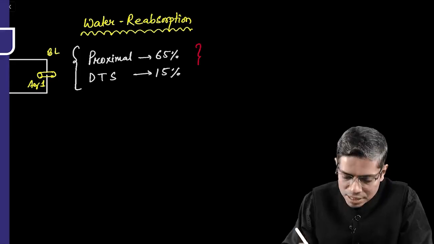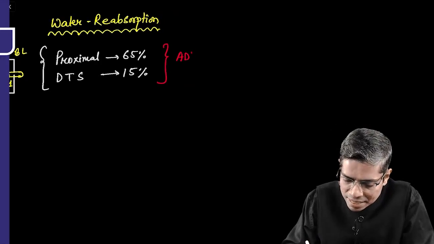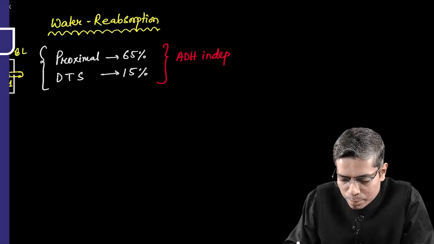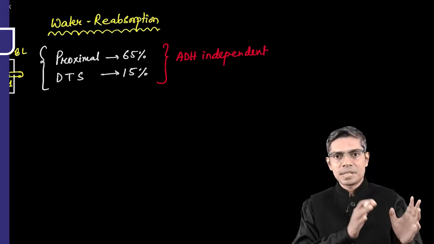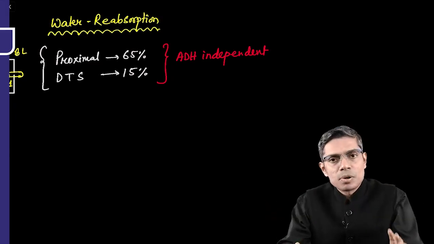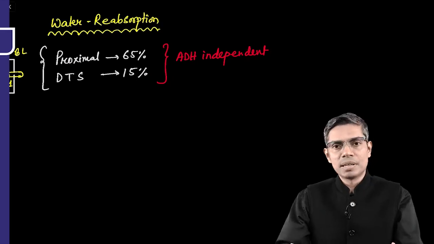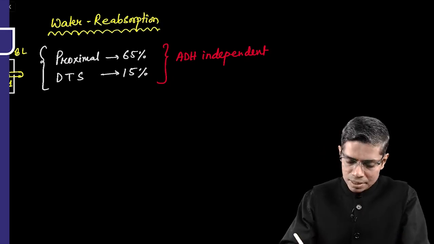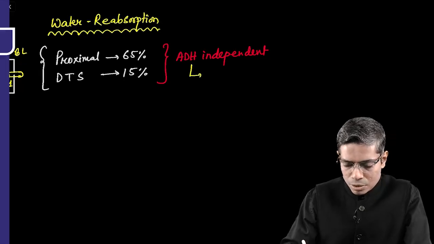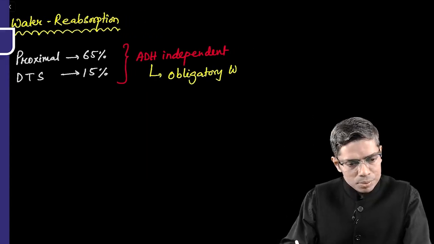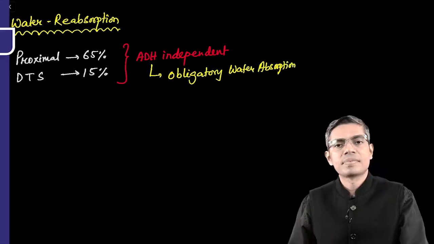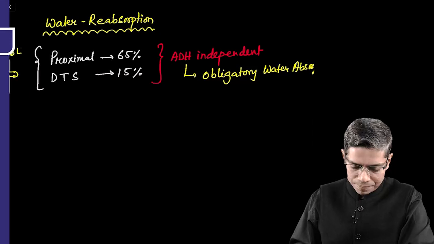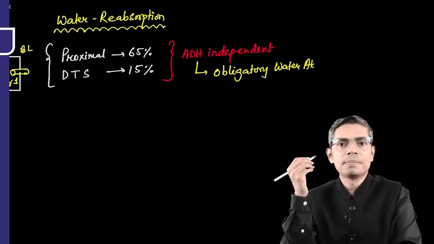So this water reabsorption here is ADH independent. Whether ADH is present or absent, water reabsorption in the proximal tubule and the descending thin segment of the loop of Henle will continue in the same manner. This kind of water reabsorption is known as obligatory water reabsorption. Getting my point? So now the remaining portion of the water will be delivered to the distal tubule, because we